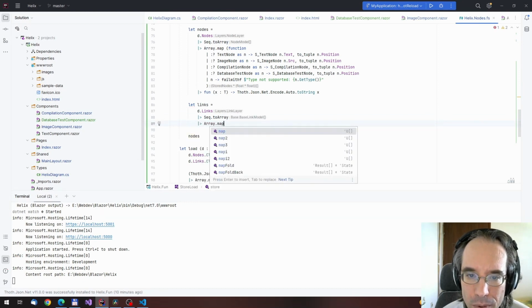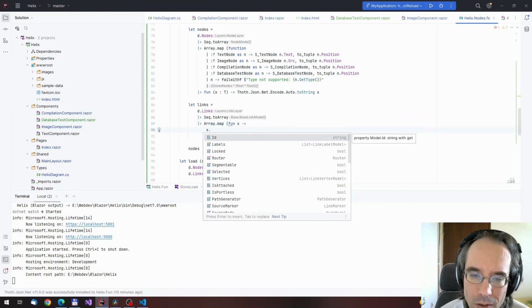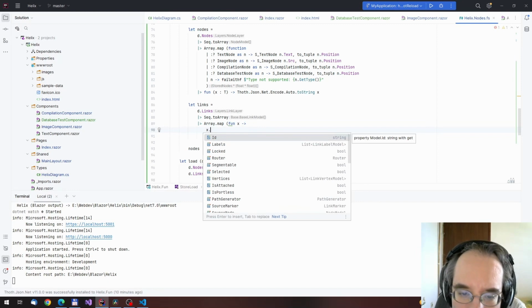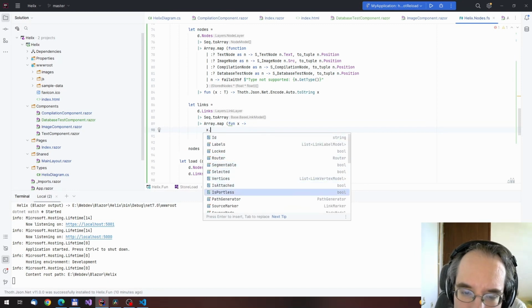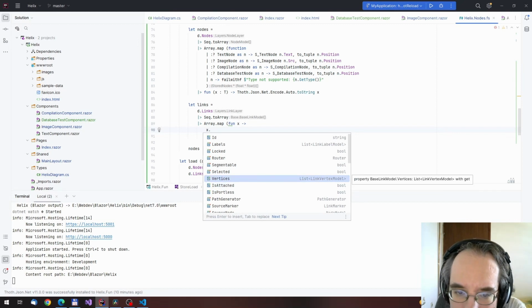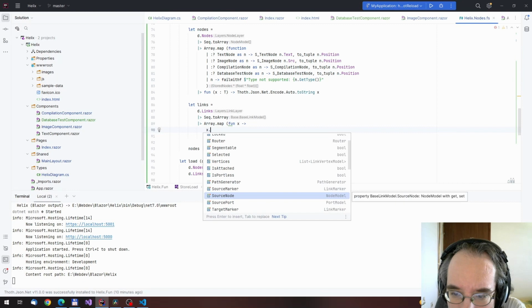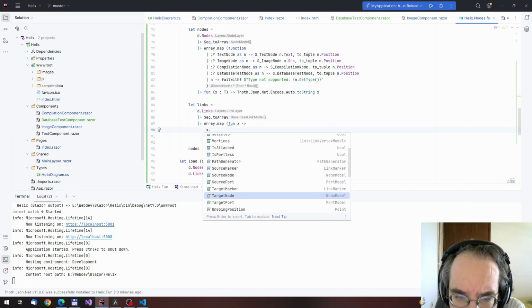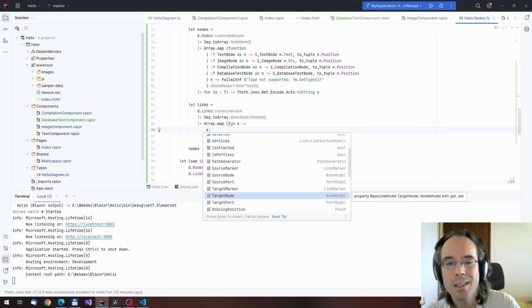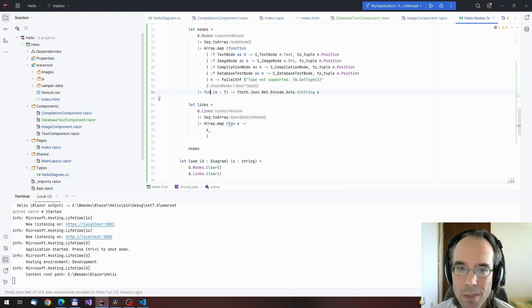Array map. Phone X. This should be a link. Oh, no. We have a link. What do we do with it? Is it portless? So links can be portless. Is it attached? They should be attached, and they also have a list of vertices. I mean, why do they need a list of vertices? Shouldn't just the source and the target be enough? Okay, let me pause a bit. I need to think about it. Okay, I didn't need to think about this too much, but what we'll do will be a bit difficult,